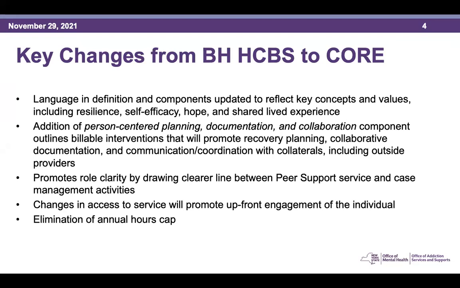So any of the caps and restrictions that were on these services, we've actually lifted. We want people to make person-centered decisions around how much service is appropriate. Now, we do have recommendations for how many hours or minutes in a day might be appropriate, but that can be exceeded for reasons of medical necessity, and we're going to talk about that a little bit later. But what you do need to know is the annual hours cap has been eliminated. So where it used to be set at 500, there is no longer an annual cap.